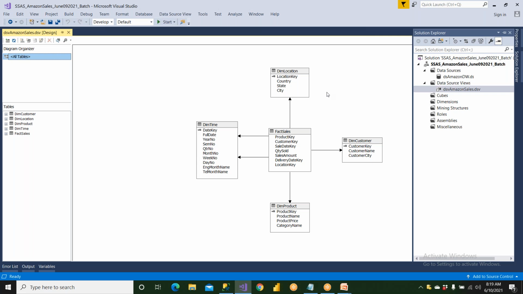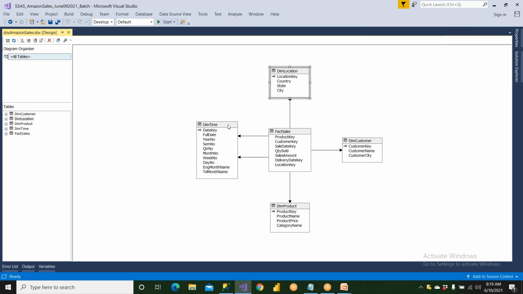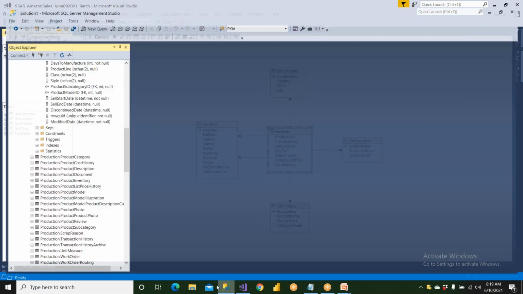Now in the DSV, you can see the dim location table, dim time table, dim product table. So all these are dimension tables. Dimension means what? Where you have character data, the detailed data I told you about. A fact table means where you have foreign keys and more numerical data. Clear? So you are able to see a beautiful primary key and foreign key relationship. So why is it there? Because in your Amazon data warehouse,